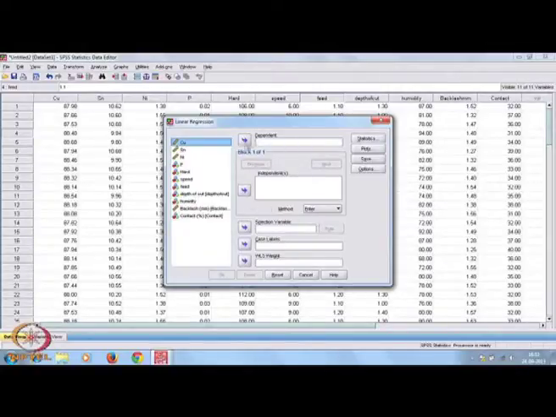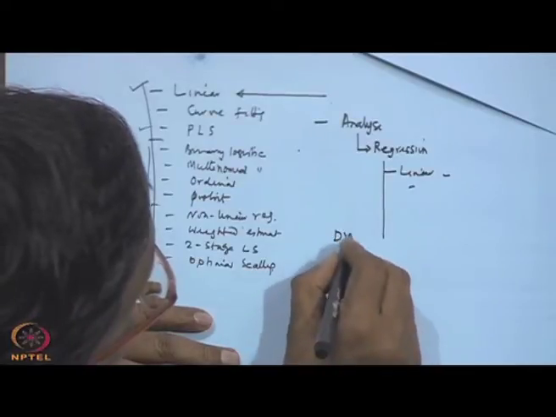coming up. In that window, there is a dependent and an independent side, then there are different selection variable rules, case label, weighted regression, weighted least squares, weights, everything is there. Okay. So, what you have to do first is choose your variables. As it is a multiple linear regression case, your dependent variable will be one.